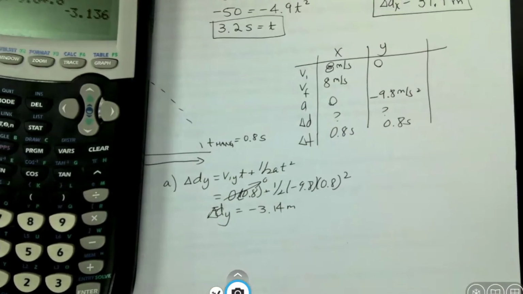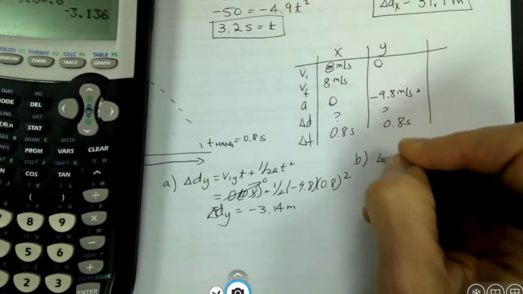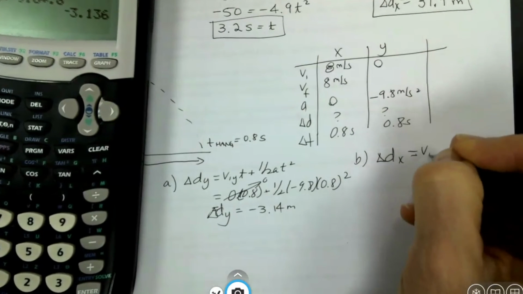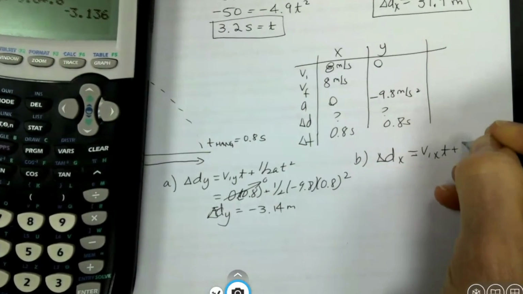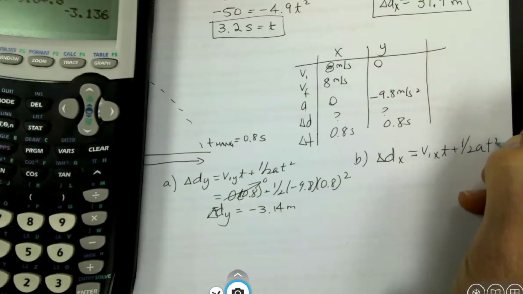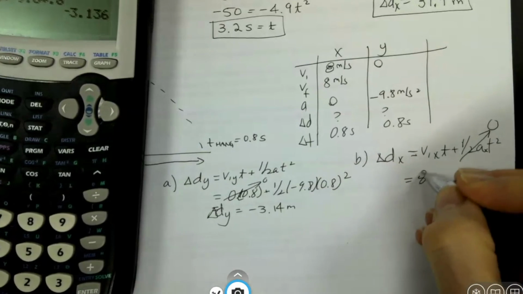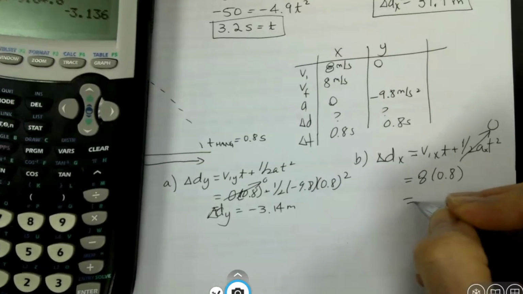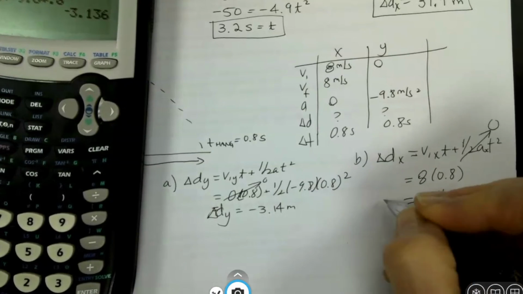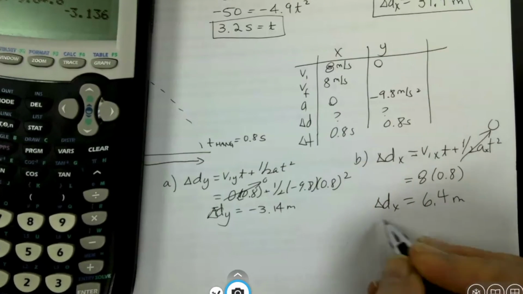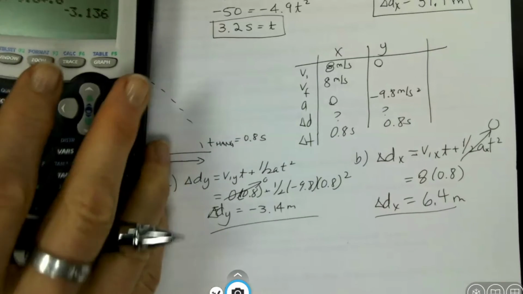This goes to 0. And then for the other one, it's delta dx equals v initial x t plus 1/2 a t squared. This again goes to 0. So this is 8 times 0.8, which is 6.4 meters. So that's how you solve the